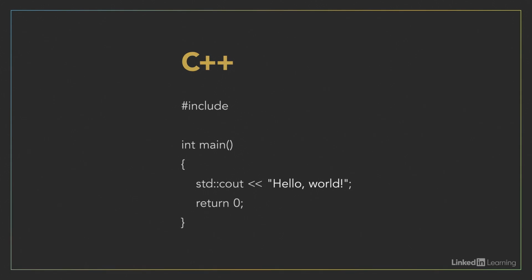This consists of double quotes around the words Hello World, the use of a semicolon at the end of statements, and there's a return keyword right before a closing curly brace. All of these things are part of the syntax or rules of the C++ programming language. Let's look at a few more examples.